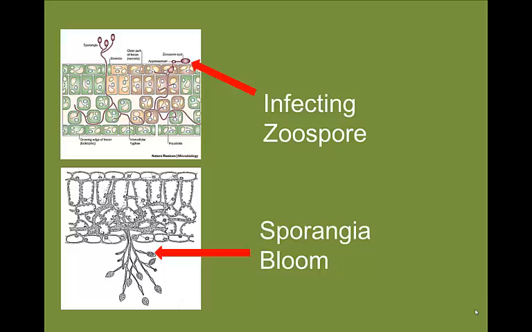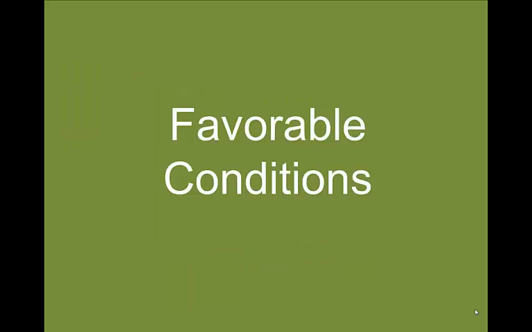The result of the feeding hyphae is the blooming and release of sporangia, producing more zoospores to infect other roots. The parasitic Phytophthora infections kill plant cells profusely and actually feed on the plant's living tissue until the entire plant dies. Well, then what are the favorable conditions of Phytophthora growth?